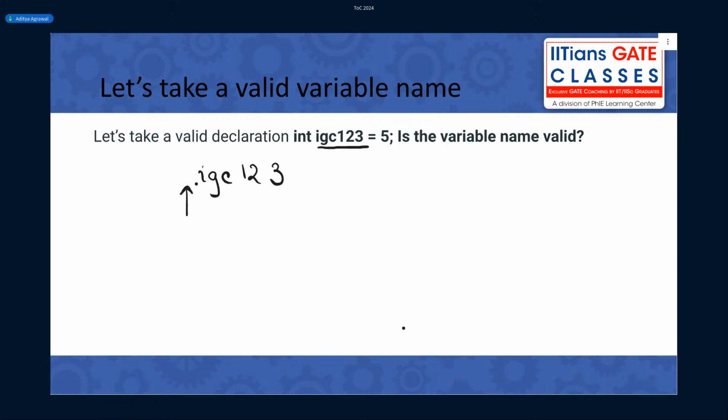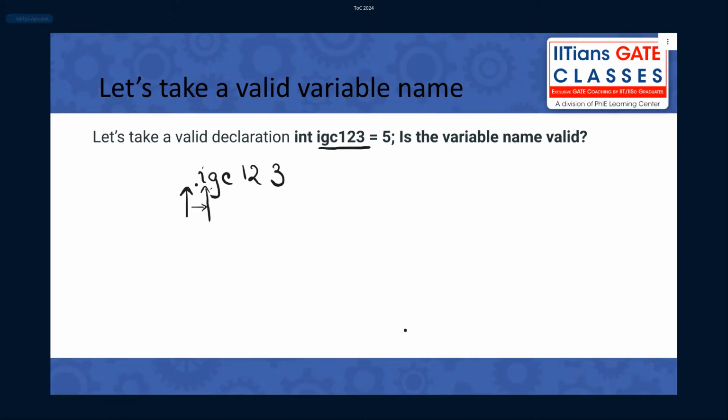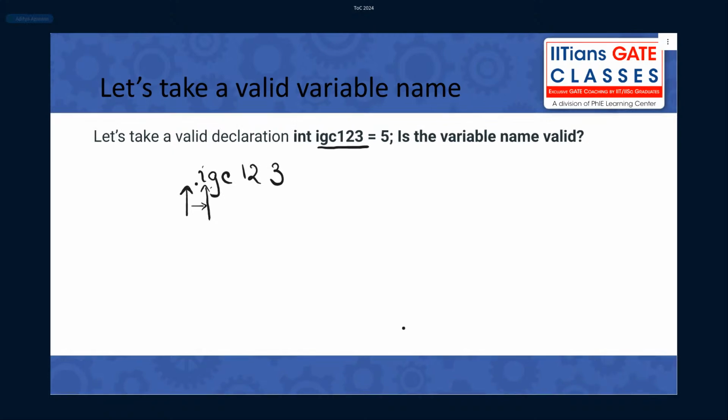So when I move this pointer to the right, let's say the pointer comes here, then I am reading the first character, which is I. Then I move the pointer ahead, till here, then here, and so on.